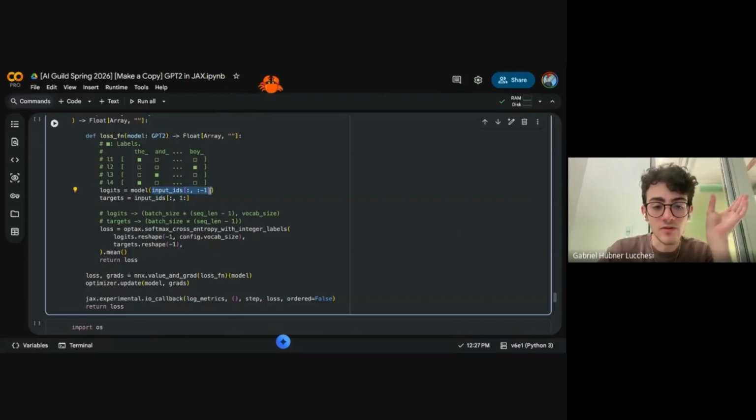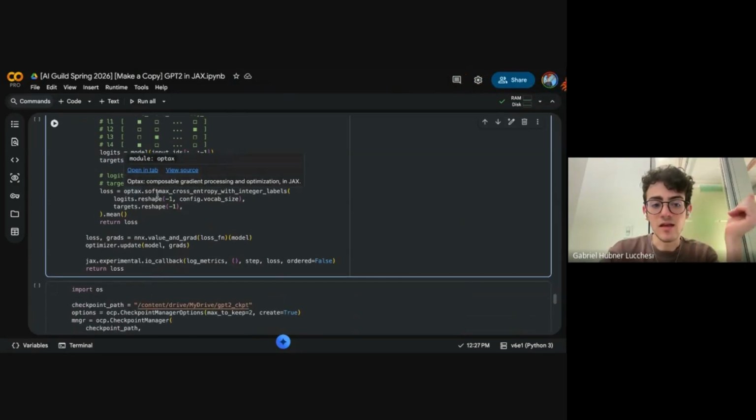So we grab those tokens all the way up to the second to last, call the model with that, and set our targets to be the one right after, the one at the end here. And then our loss is a cross entropy loss. You can look up what that is.